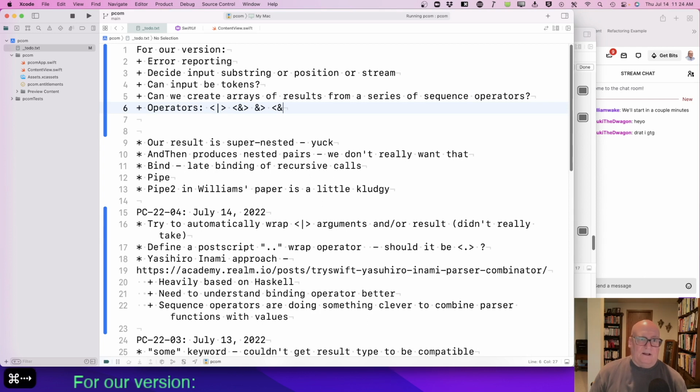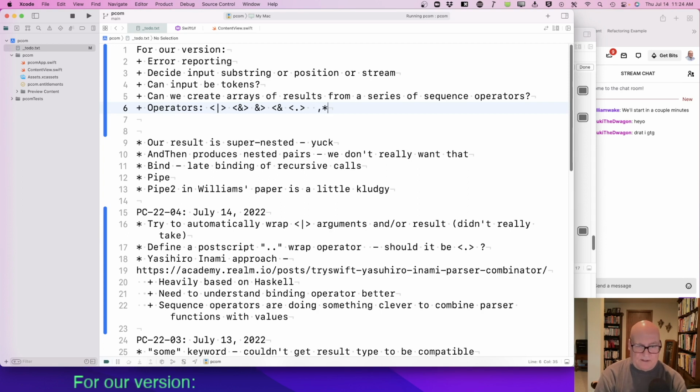Okay. There's an or operator. There's two kinds of and operators. There's a wrap, which I don't know. Let's call it this. I think there may be a prefix operator that's kind of like this. I don't know.